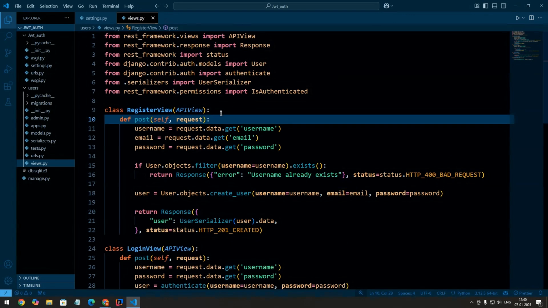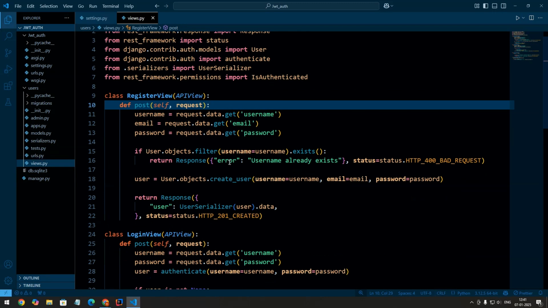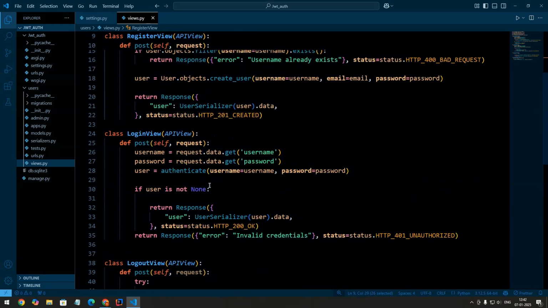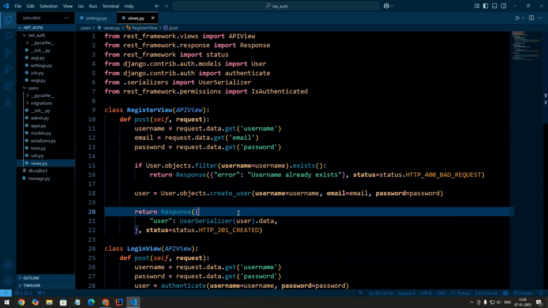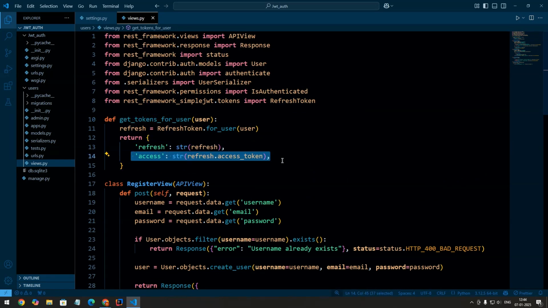So we have already created APIs for user creation and login, so that we can focus on using JWT authentication. So right now we just need to generate a JWT token, and when a user creates a new account or when a user logs in with their existing account, we need to send that JWT token in response. So here we have created a function that will generate two tokens, refresh token and access token. So the access token is sent with every request to access protected resources or endpoints. It is a primary token used for authentication, but it expires quickly for security reasons.